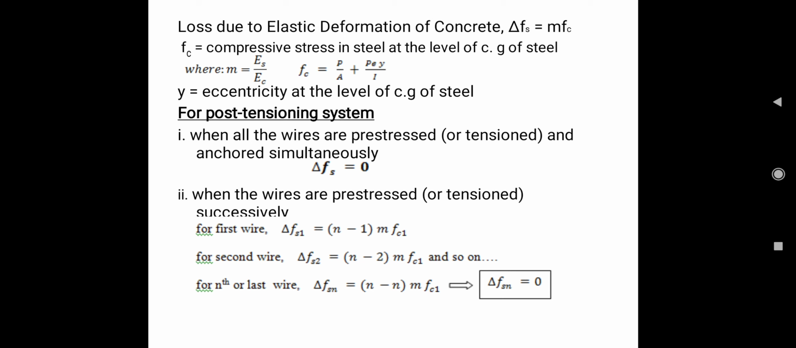Whereas for post-tension members, as I told you, when all the wires are pulled simultaneously and anchored, the losses are zero. When the cables are pulled successively, that is one after the other, then the losses in the first cable will be maximum, and the losses when the last cable is pulled and anchored will be zero. Because